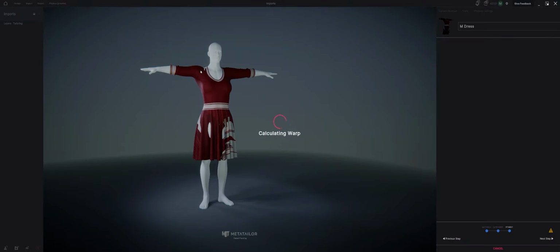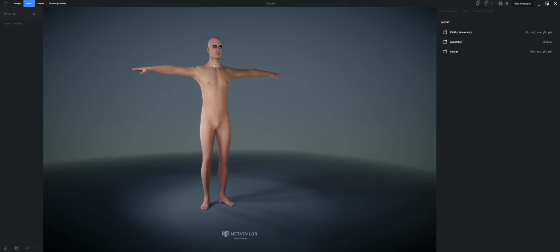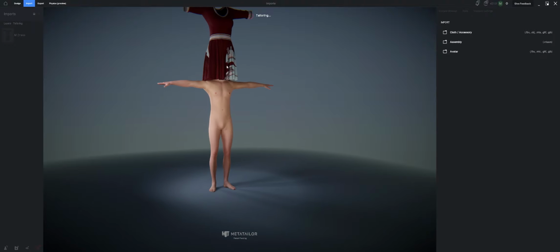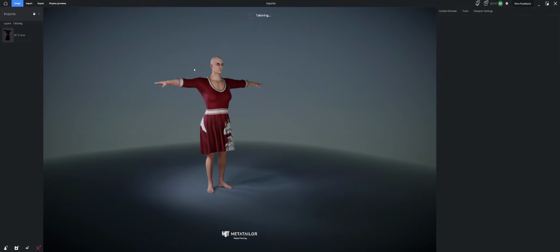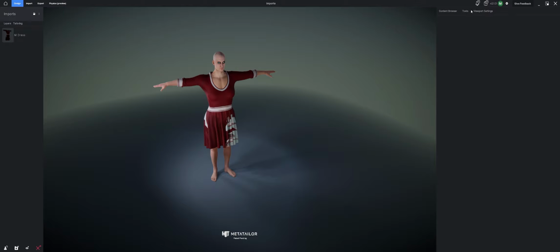That's also the spot where if you wanted to take a T pose and change it to an A pose or vice versa, depending on your clothing, it would work. All right, so it's expanding the dress to fit the broader shoulders of this character because of those changes we made. Tweaking the weights, and there we go. That's sitting pretty accurately. Let's go ahead and, like I said, take this and grab a different avatar